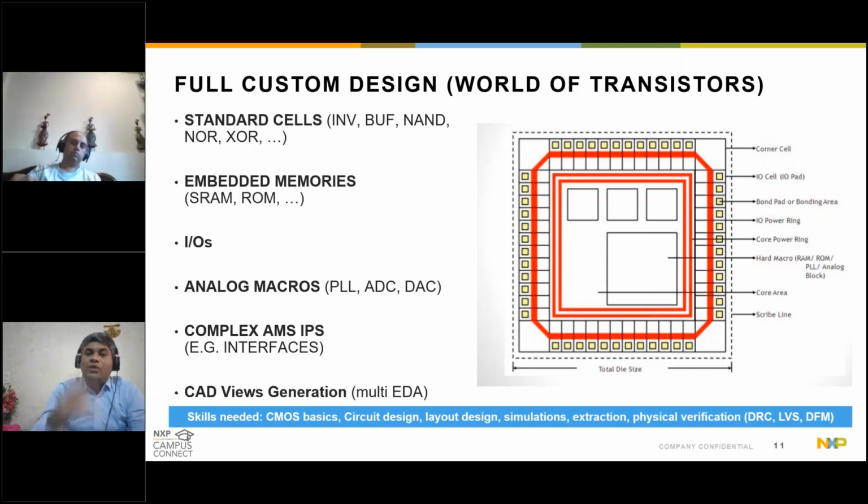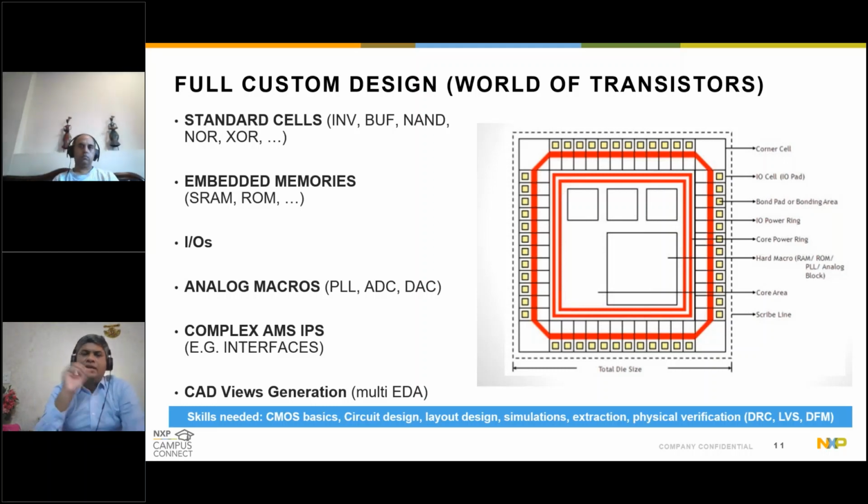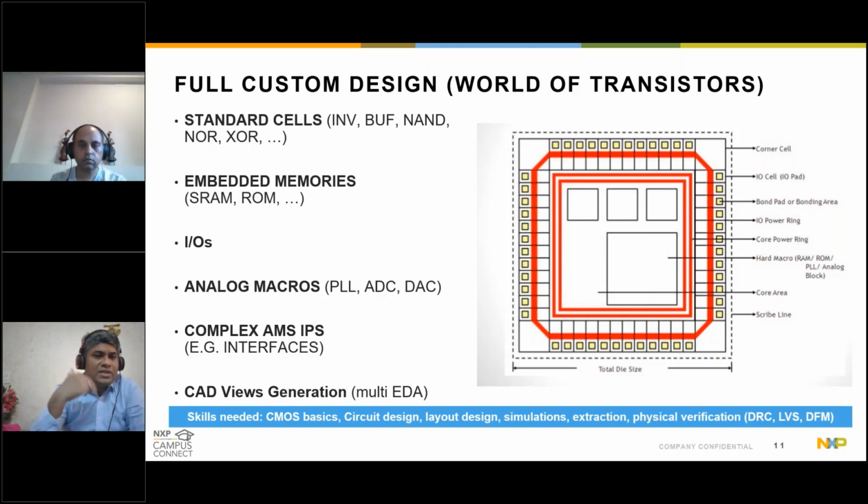So here is where you can specialize in library development, whether they are standard cells, which can be inverters, buffers, NAND, NORs, or all kinds of gates, flip-flops, etc. That's one domain in itself, which needs to be characterized, and which needs to ensure they are robust from a quality standpoint. They can withstand the various temperature ranges that the device is expected to perform in. It's a discipline in itself.